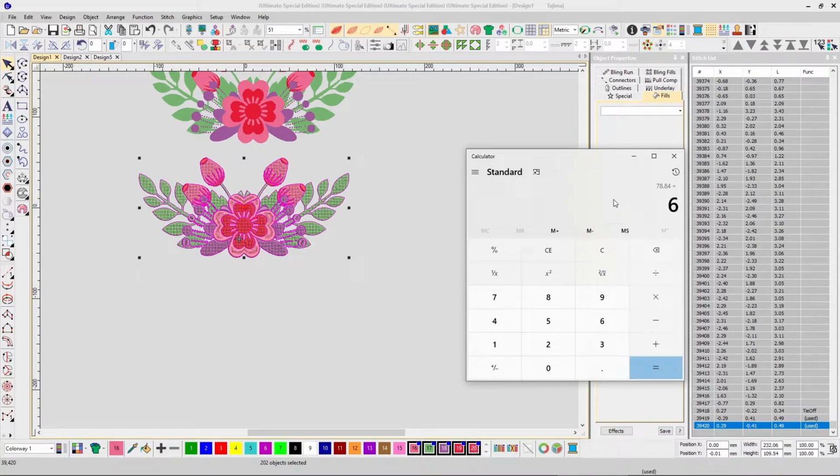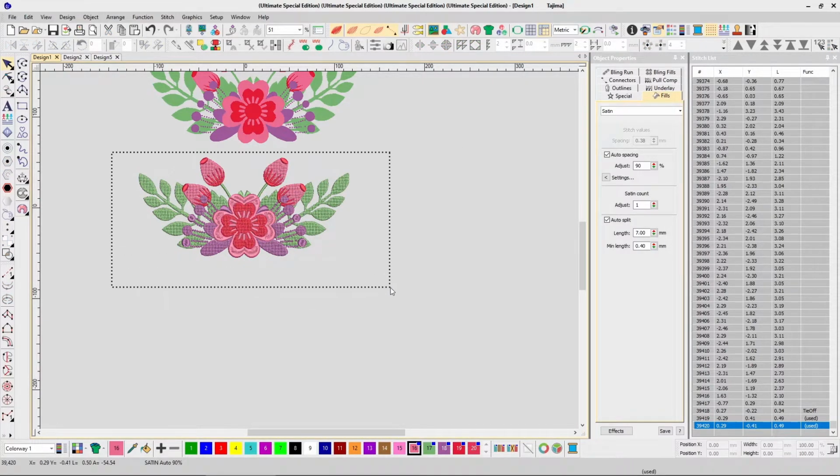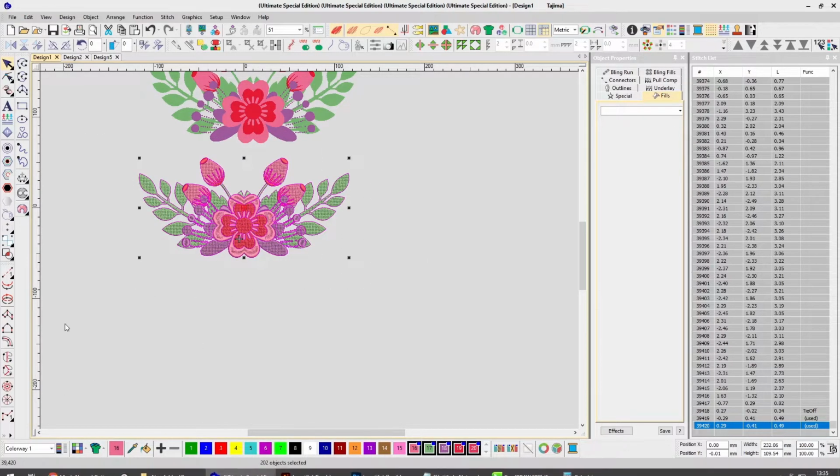78.84 divided by this, so this is how many hours it's going to take just to create this one single embroidered t-shirt or whatever. So just imagine how much time it's going to take. Obviously by the time my digitizer is done with it, it's not going to be 39,000 stitches.